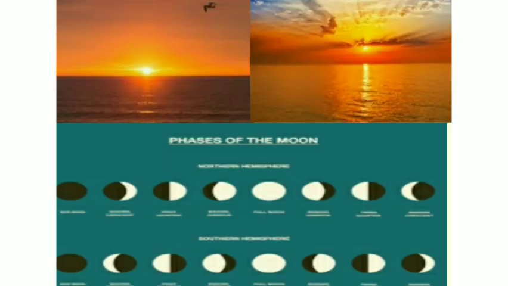In earlier days, periodic events such as sunrise, sunset, and phases of the moon were used for measuring time intervals. A day was the time between two sunrises. A month was calculated from one new moon to another. Time within a day was approximated by the position of the sun.